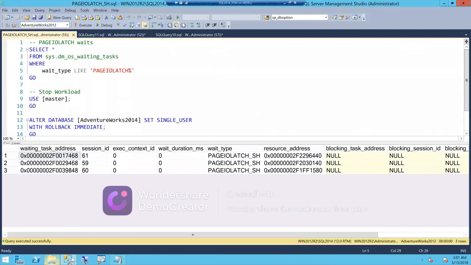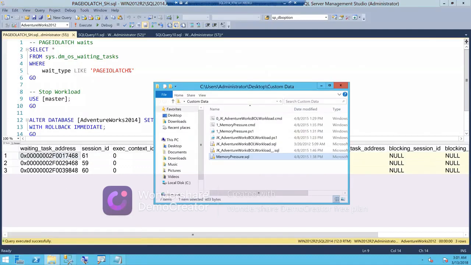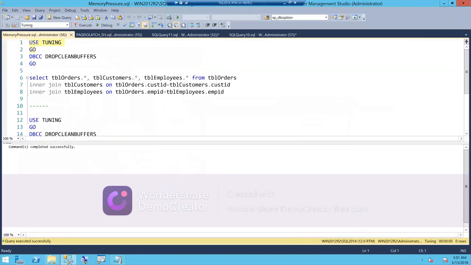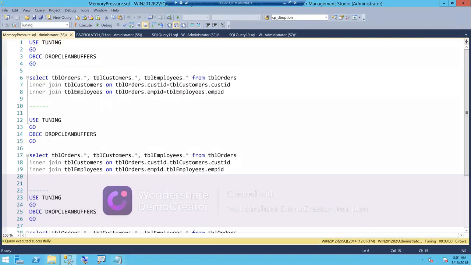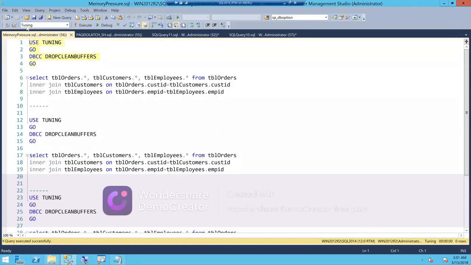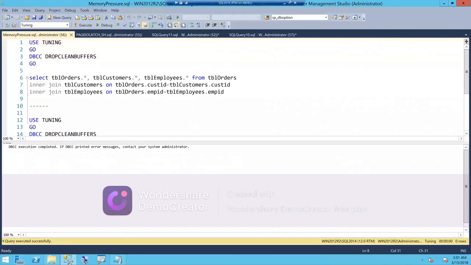Now, I will show you another example where you will try to do something similar, but it's actually not going to hit any page IO latch wait type. So let me take a query here from, let's say, memory pressure. I have a database here called Tuning, and I just created a sample database for the purpose of demonstration. And now, if I do a DBCC DROPCLEANBUFFERS, so just delete everything,